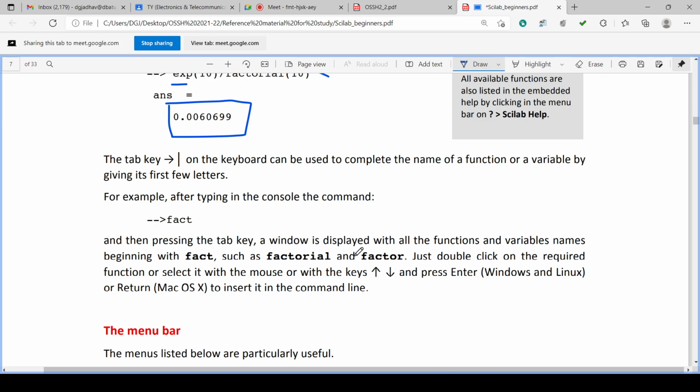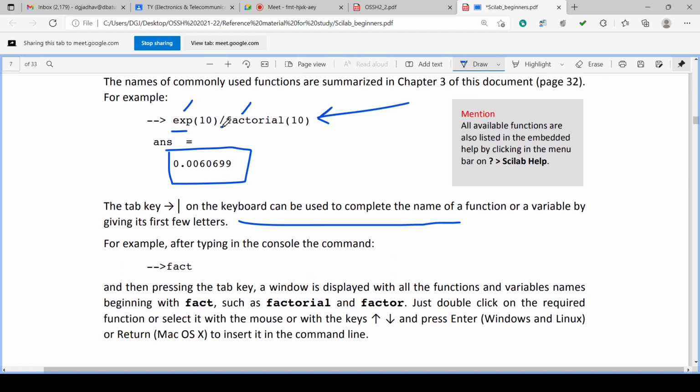We can use the tab key also. If you give the function name, first FACT, and press the tab key, you will get all the ready-made functions or keywords available in Scilab, and we can choose.